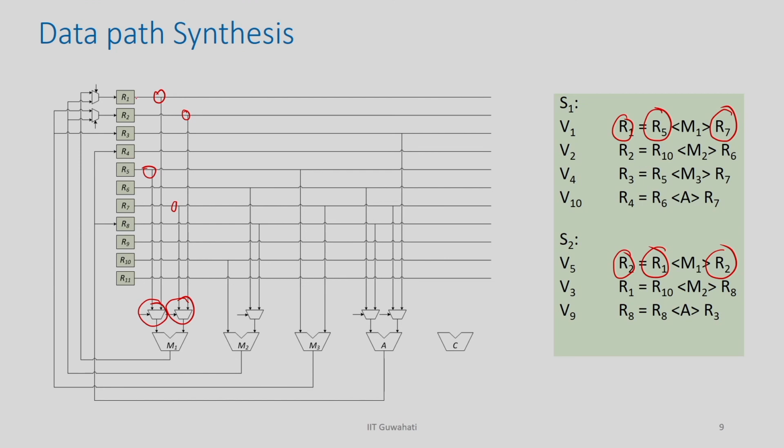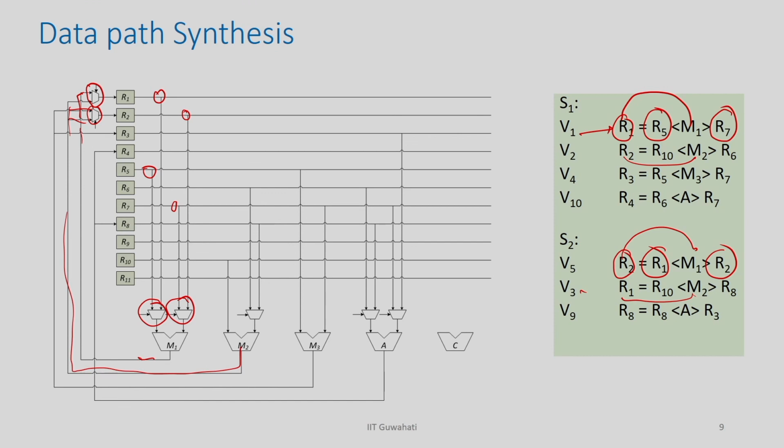Now, for this mux how will I decide? I will see R1. This R1 is coming from M1, right, and in this time step R1 is coming from M2. So, there will be a mux here, and one of the inputs will be from M1 and the other input is from M2, right. So, this is how the connections will be decided. For R2, here it is coming from M2 and here it is coming from M1, right. So, again there is a mux you have to place at the input of R2, and there will be 2 lines, one from M1 and one from function unit M2, right.